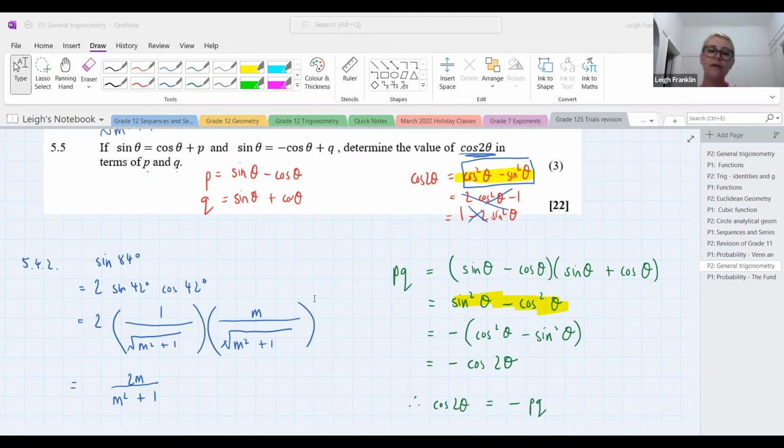Okay, so it's always going to be something that you know. All right, so you have to think about your reduction formulae, but you've also got to think about your double angles. Okay, so we've looked at, yeah, it does. Hey, so that's problem solving, isn't it? Question 5.5, that's problem solving. All right, let's